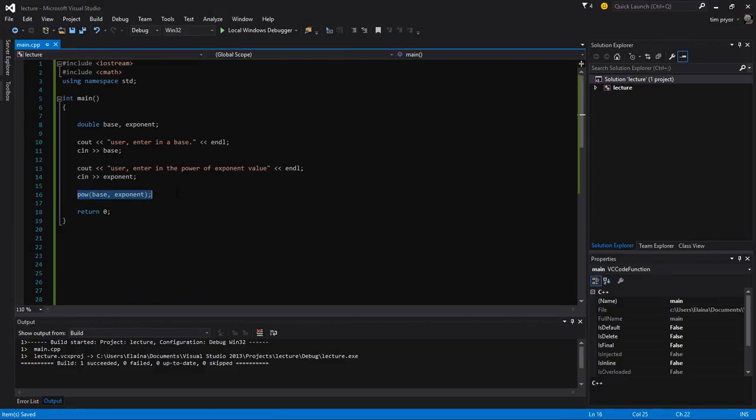Now this makes it completely dynamic, and because it's dynamic, we now can see exactly what any base raised to the power of, with this function here, the way that we have it configured. It's really powerful. I'm going to make one more double, and I'm going to call it result. And I'm going to set result, because the only way to see this is to put it in a cout